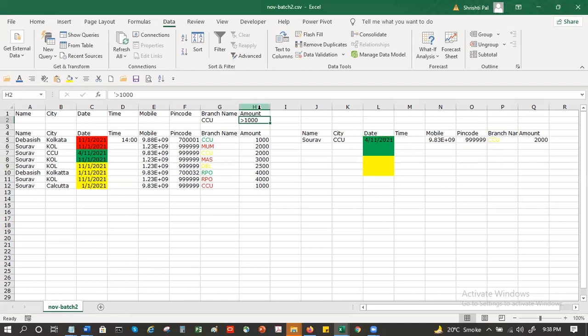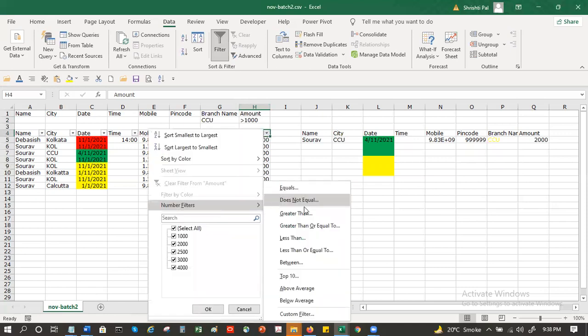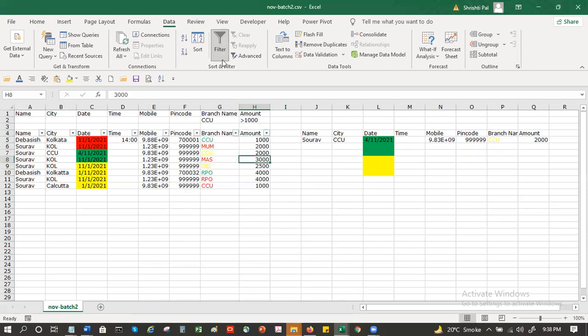Now you might be wondering why you will need to do it. Just in case you ever have a need, okay? That's just to give you the feel. Otherwise, even this amount thing, you can always do it through the filter also, right? So you have number filters, greater than, equal to, same thing basically. So this was filter, sorting, data validation, and